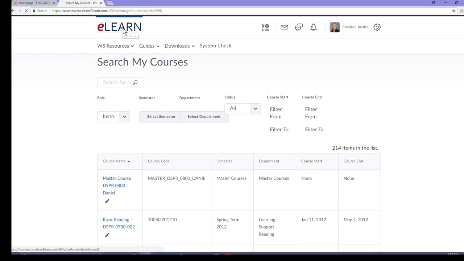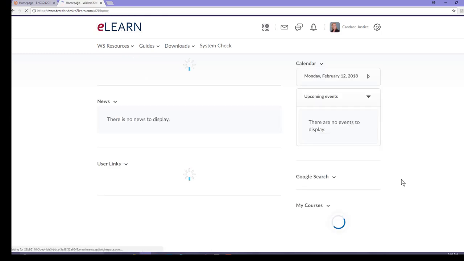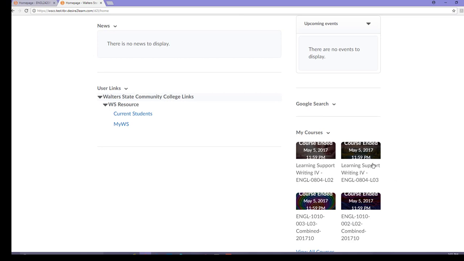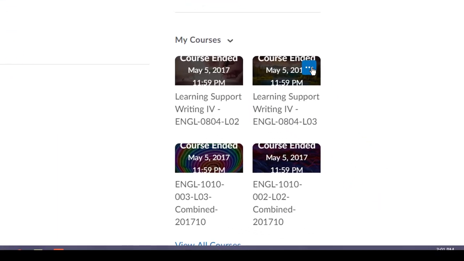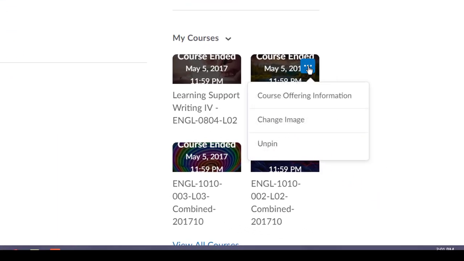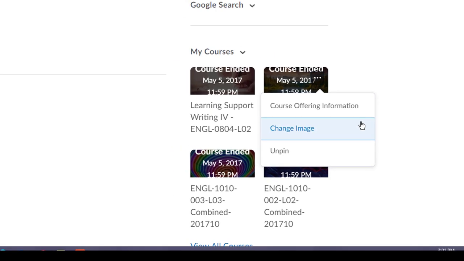version of eLearn. The difference here is when you look at My Courses, you will see a picture above your course. This picture can be personalized, and it can also become the banner inside your individual course if you choose to turn it on. And to turn it on, you click on the three buttons here, and you go to Course Offering Information,